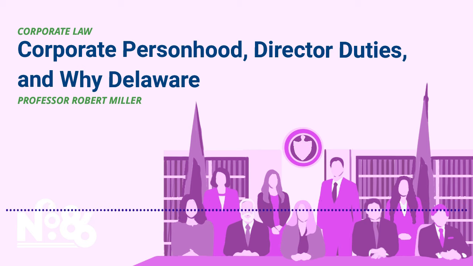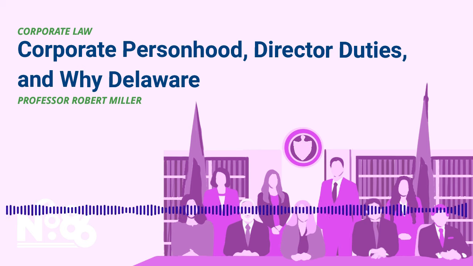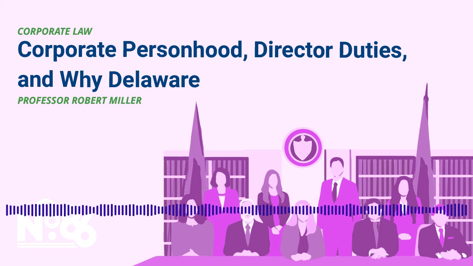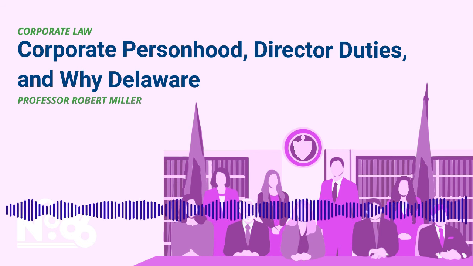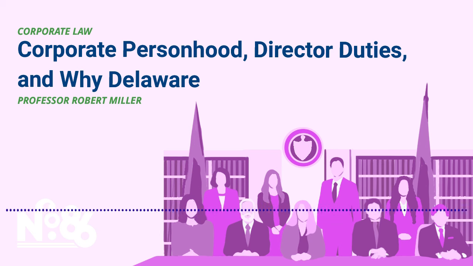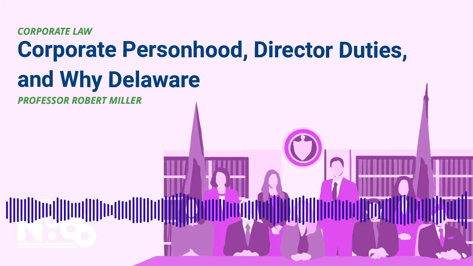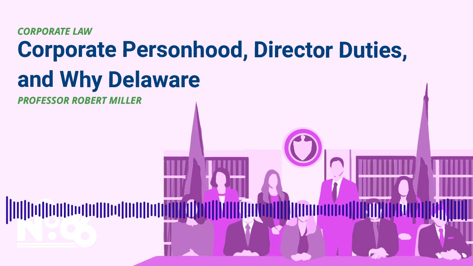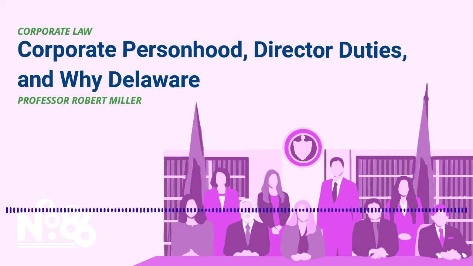Following the economists, we corporate lawyers call that an agency problem. You have one person, the directors and officers, whose job it is to act for the benefit of other people, the shareholders. And the problem is obvious. It could very well be that the directors and officers have incentives to benefit themselves at the expense of the shareholders. We deal with that in corporate law by imposing strict duties on directors and officers, and those duties are